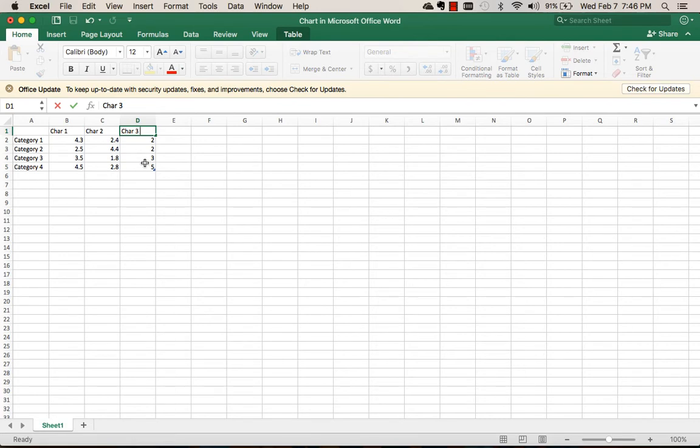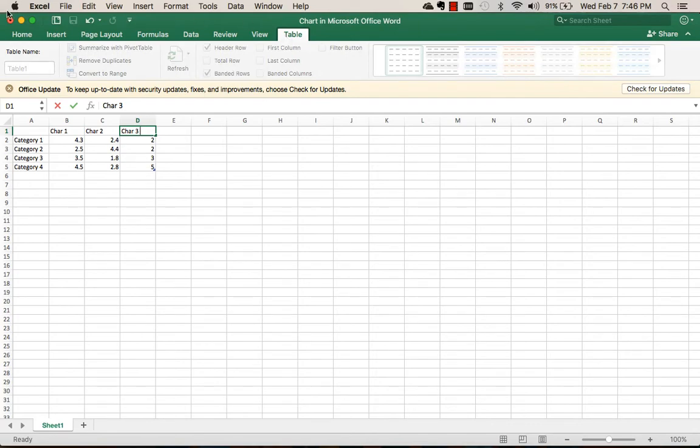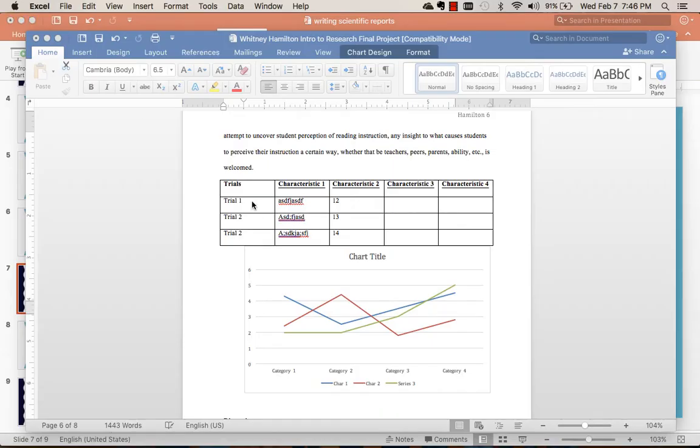Okay, we'll just leave it like that. And then I'm trying to remember, I think if you just exit out, it creates it for you. Sometimes, if you're not sure how it's going to come up on your paper, like if the category was going to be across the bottom or across the top,